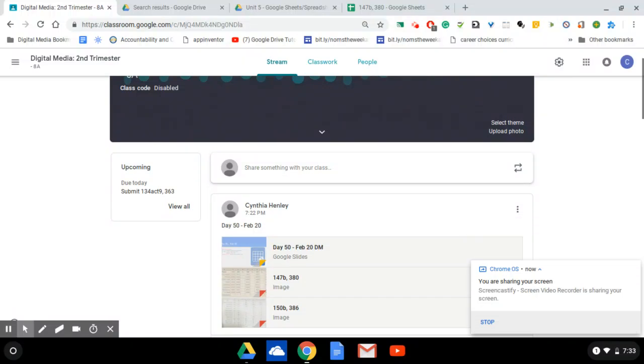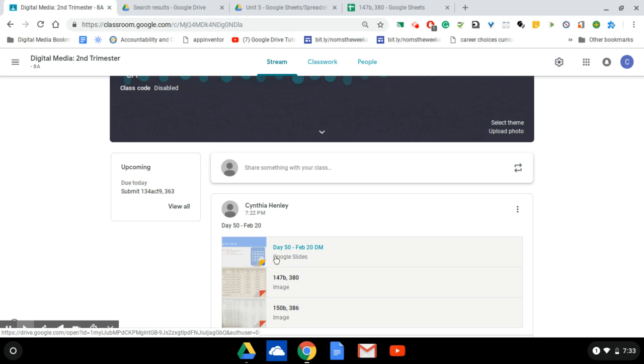It's Wednesday, February 20th. These are the activities for digital media. So in all classes, you're going to see in the stream a few attachments for the day. The first is the agenda, and the second are some items that we're going to work on keying. So I'm going to go ahead and open up the agenda,